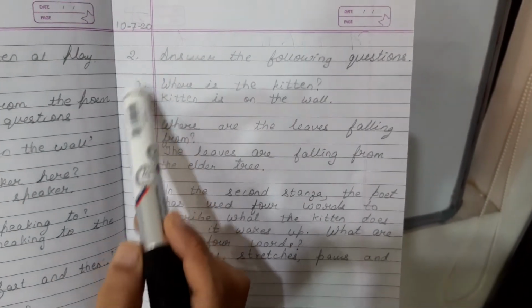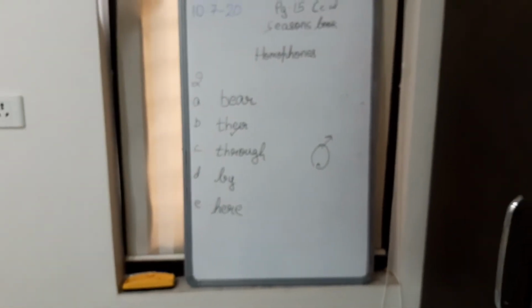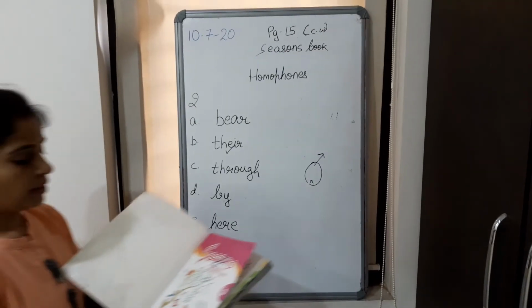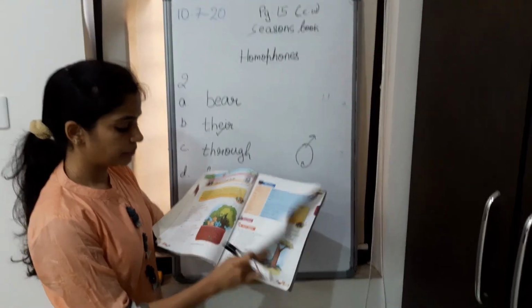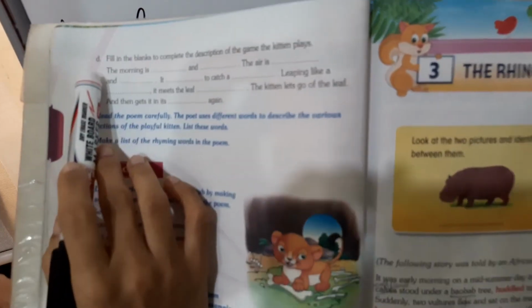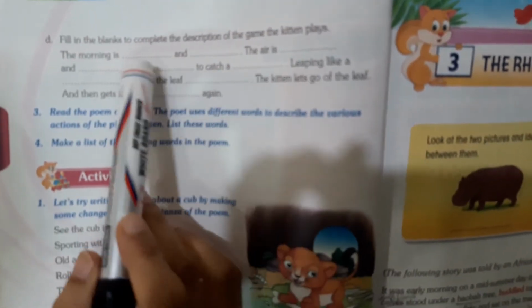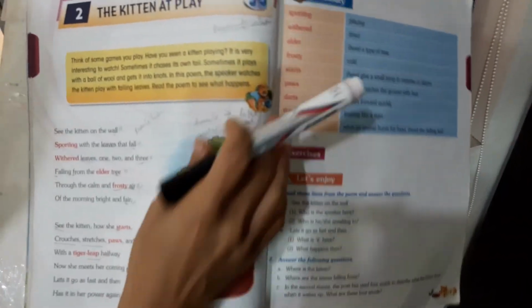These are the questions 1, 2, 3 and one more I am going to show you will be the assignment for the day. Everybody listen nicely. This D. So A to D is your homework. This you have to fill in the blank. All these blanks you have to fill, for which the answers you will find from the poem only.